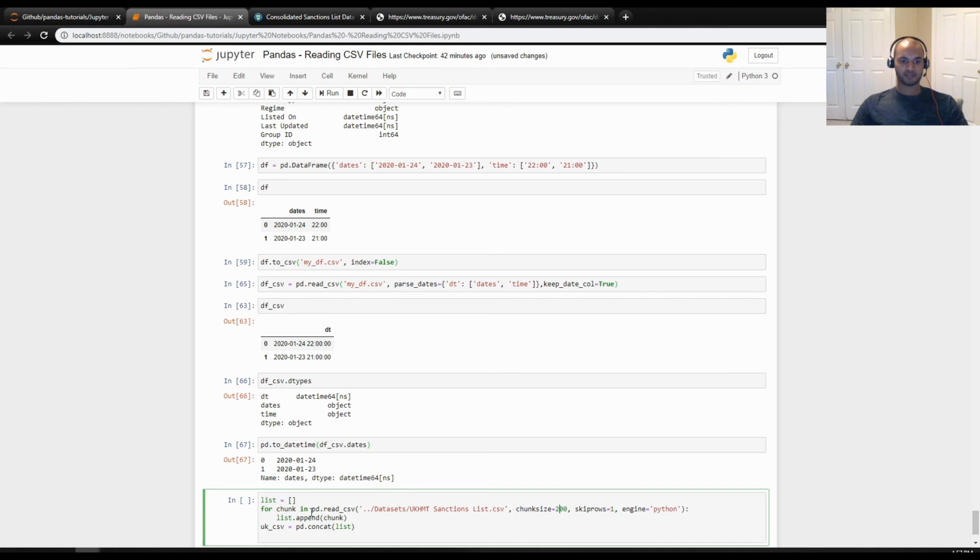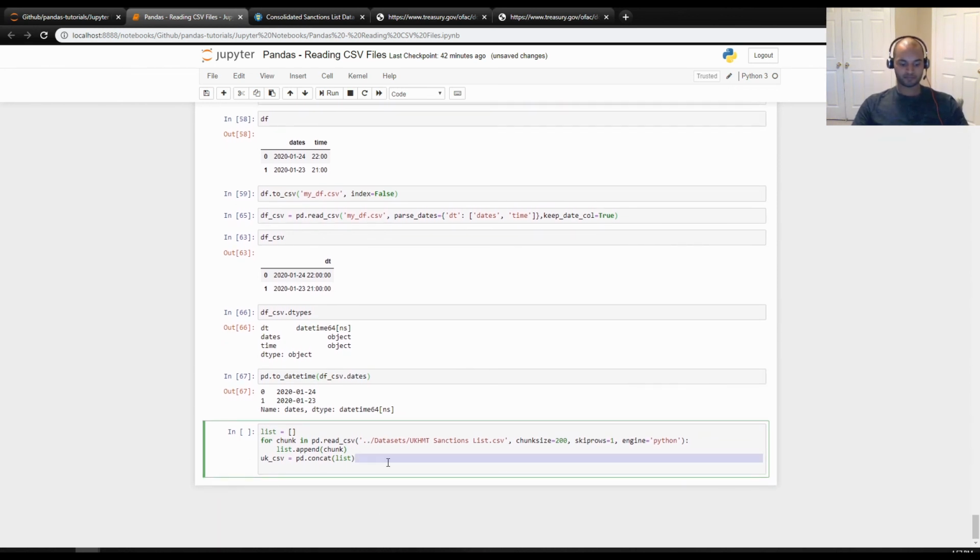So we're going to have a list, which is where we're going to append our chunks. We're going to have chunks of data, 200 rows each, and we want to append each chunk into a list. And at the end, we're going to concatenate or put each chunk below each other, which will make a data frame for us. So if we run this,